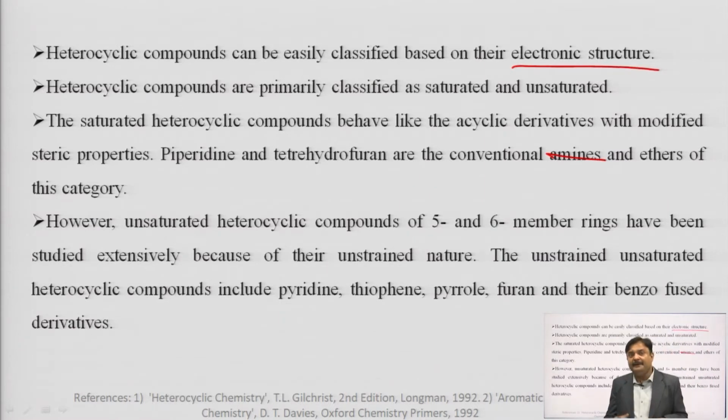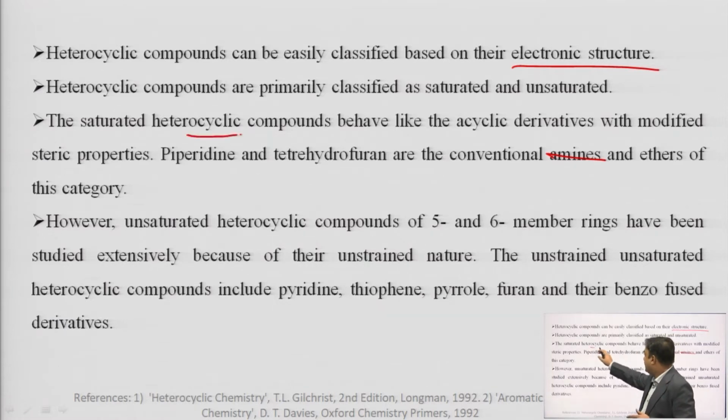The second way of classification of heterocyclic compounds is based on their saturation or unsaturation, meaning the presence of double or triple bonds or single bonds. If only single bonds are there, then we call it a saturated heterocyclic compound. If double bonds and triple bonds are present in the structure of the heterocyclic compound, then we call it an unsaturated heterocyclic compound. When we call it a saturated compound, then we must keep in mind that